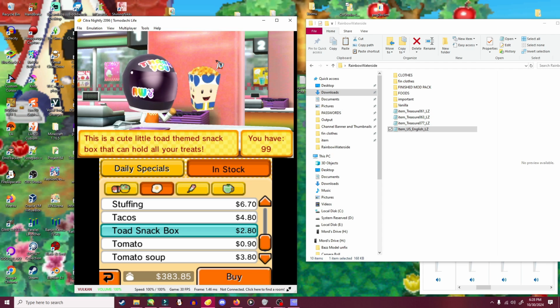You just need to make the different file sizes that Cookie requires. But for food, I've generally not had an issue in CTR Studio, but for other items, I have had issues. So, you know, it's up to you, just use your best judgment, but for treasures specifically, do not use CTR